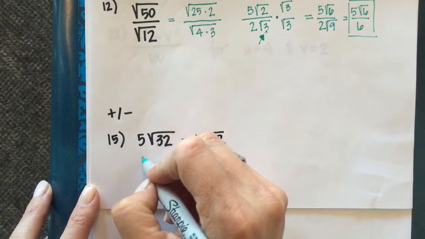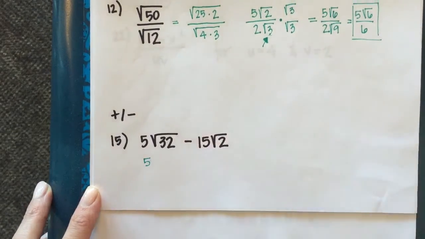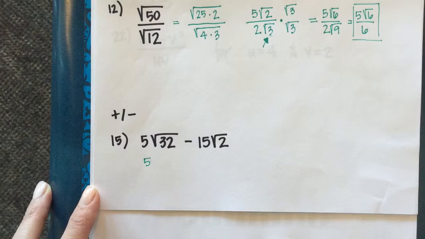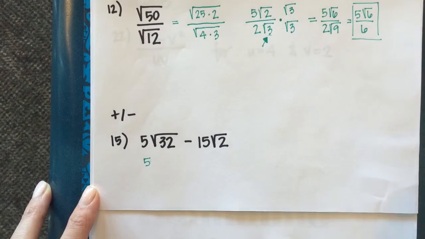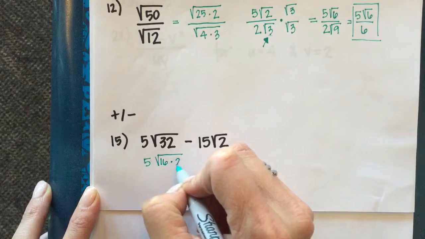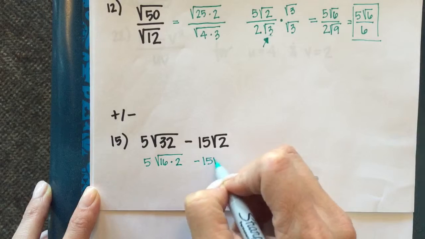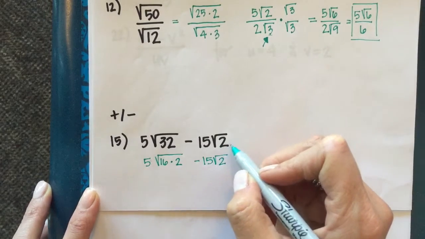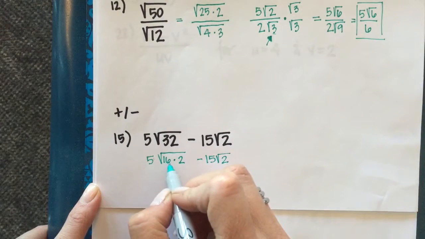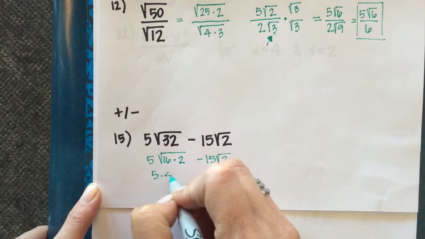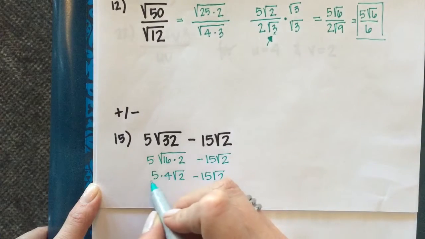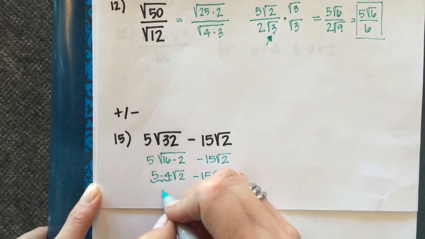So we can rewrite 32. Largest perfect square that goes into 32, don't use 4 times 8. Yes, 4 is a perfect square. It is not the largest perfect square that goes into 32. 32, I'm going to write as 16 times 2. There are no perfect squares in 2, so I cannot simplify that any further. Square root of 16 is 4. So multiply 5 times 4 is 20 root 2